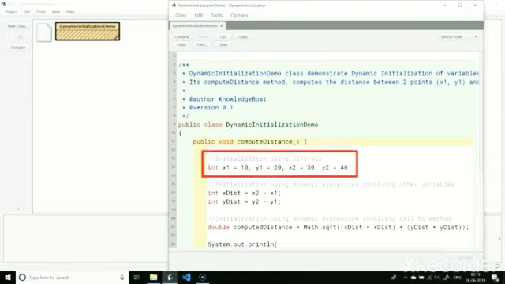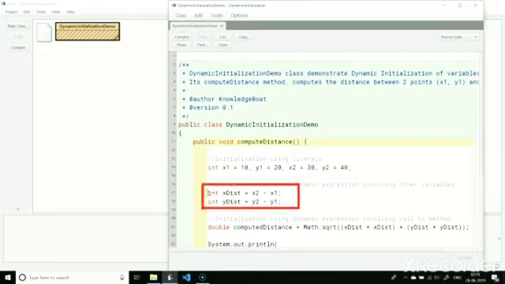Here, we are initializing the coordinates of the points in the regular way using integer literals 10, 20, 30, 40. After that, we are dynamically initializing xDistance and yDistance by storing the difference between x2 and x1 in xDistance and y2 and y1 in yDistance.